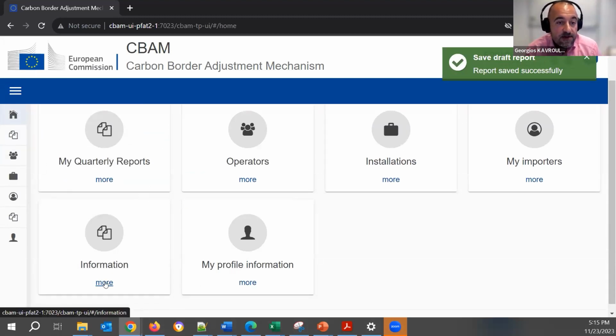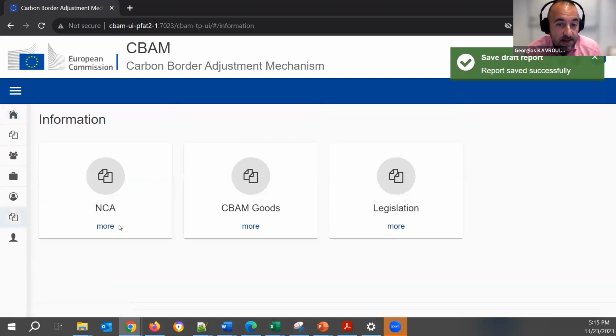It's possible to have this access either via the CBAM domain or via the customs domain. You cannot have access in both domains. So its NCA, its country, has opted to manage the declarant users under either the CBAM domain or the customs domain. So it depends on your NCA. You must ask them if you're not sure under which domain, CBAM or customs, you will have access. The declarants can be either the importer or the representative, and it is possible for the economic operator to delegate access to their employees.